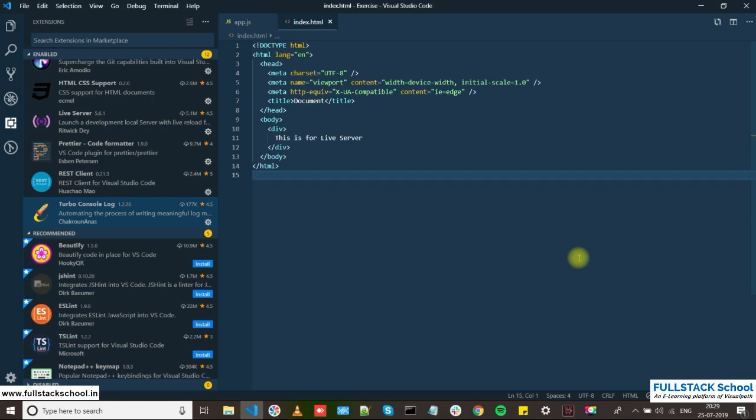While we move on with the course, I'll start explaining what things we can do with the help of Visual Studio, which in turn will give us more productivity. So I hope you have enjoyed this about VS Code. The next chapter will be directly jumping into creating JavaScript and testing that in the browser.